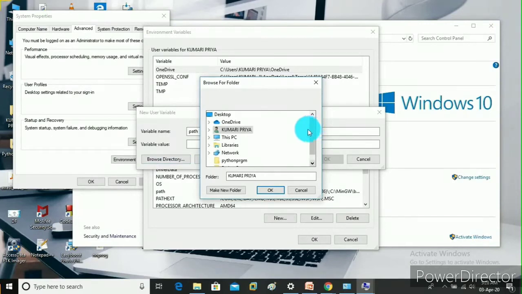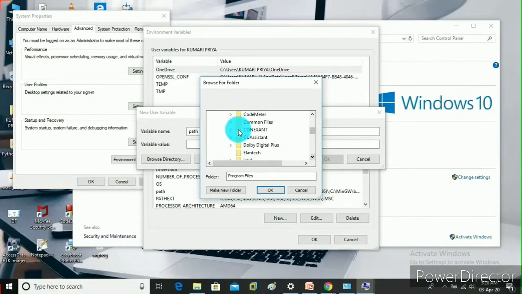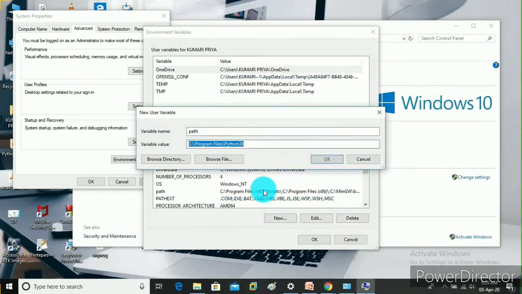And then choose Python from where it is installed. So I have selected Python. Then click on OK.